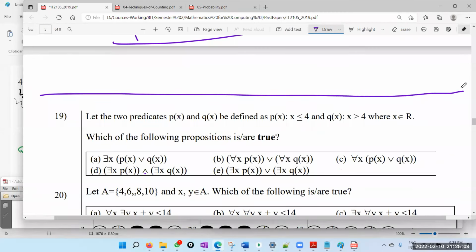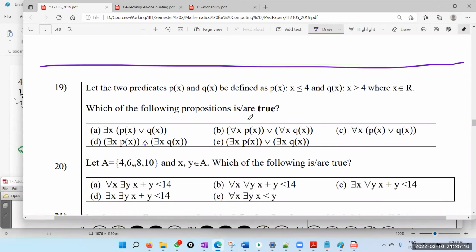Right. So 19 is an easy question. It's actually a logic question. Let the two predicates p(x) and q(x) be defined as p(x) is x is less than or equal to 4. We did this kind of question last time also. So p(x) says x must be less than or equal to 4. That is this area. That is my p(x). My q(x)